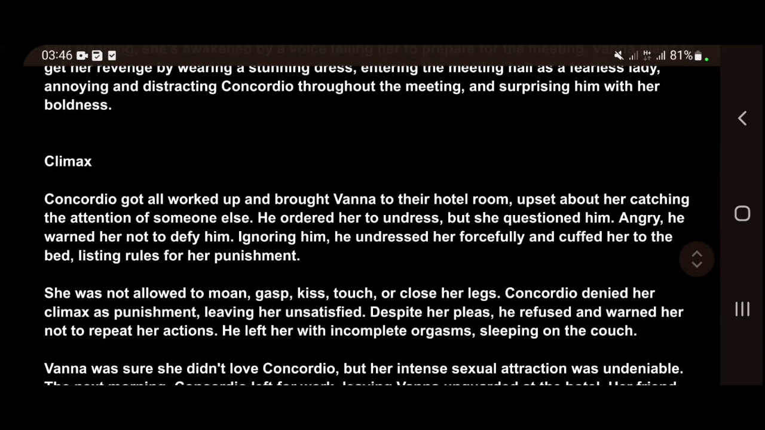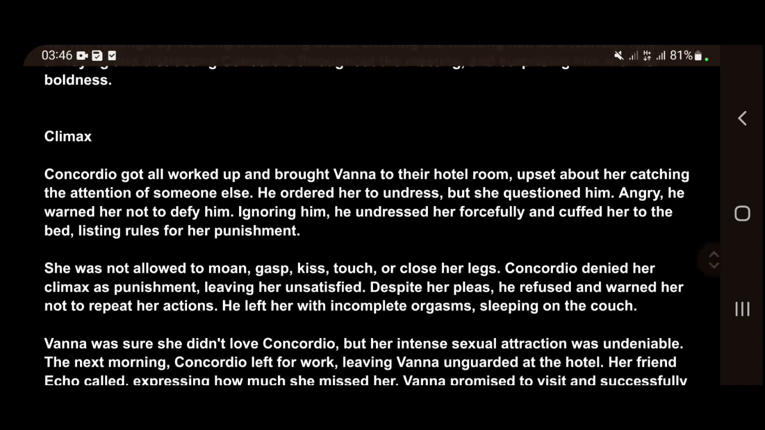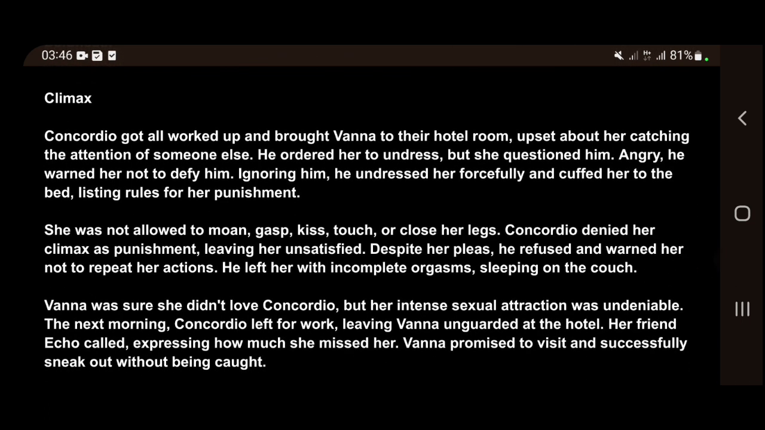Now is the climax. In the rising action and the climax, that is where you can put your plot twist, okay? I wanted to say a lot of things, but I don't want this video to be long, so I'm going to do a separate video on how you can get a contract easily and stay focused, okay? So the climax, we have that Kokodio got all worked up and brought Vena to their hotel